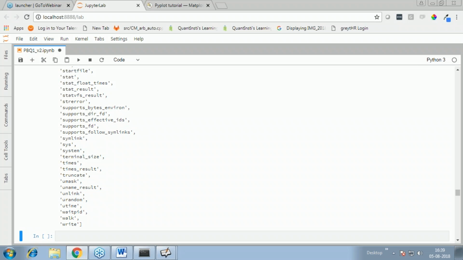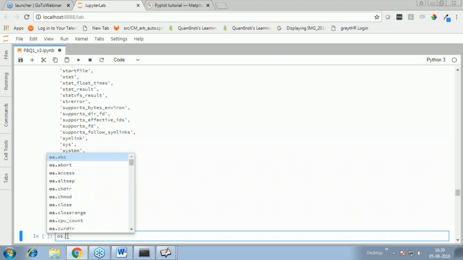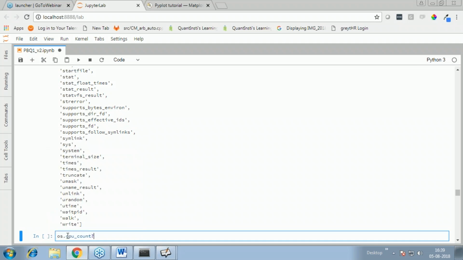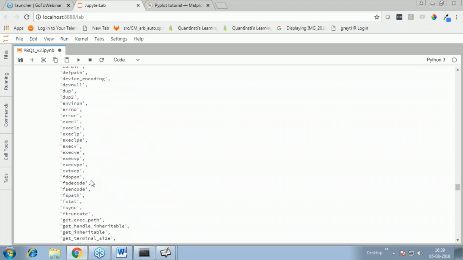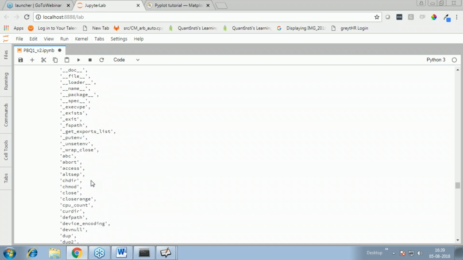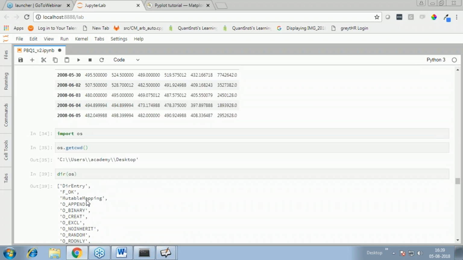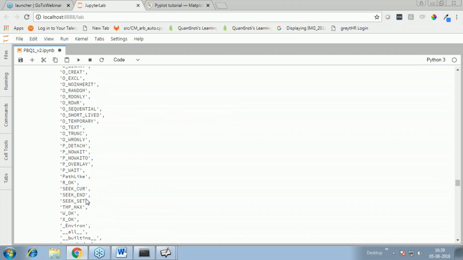Right. I think the question mark works well when you are looking for something very specific. For instance, if I do os dot and a tab complete, and I want to look up, say, cpu_count, and I do a question mark, it gives me a pretty good answer on what this function is. So it's more precise, more specific. Whereas if you want to know in general what is there within the os library, the dir function is pretty good. The other thing I'm now noticing with the dir function is that it lists both public and private